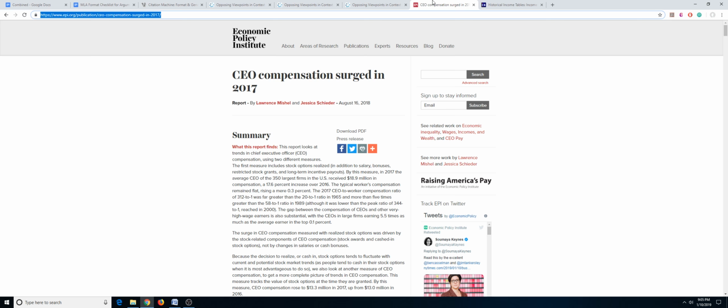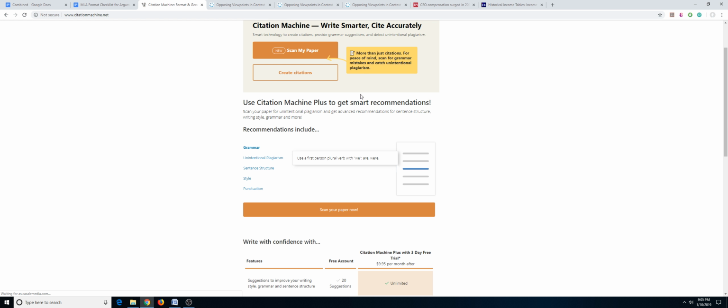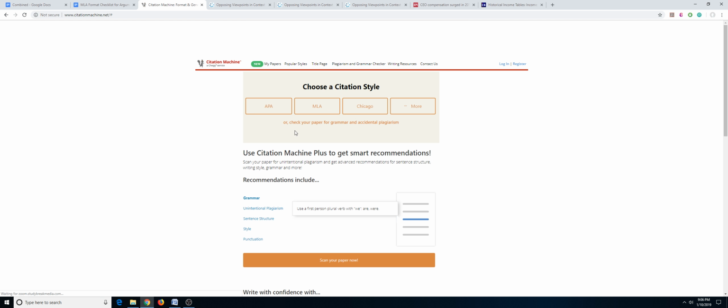And then I'm going to show you how to find citations for other websites. Now sometimes life is simple, like this one, United States Census Bureau. All you have to do is click here at the top in the address bar until the entire web address is selected in blue, copy, and hop over to something like citationmachine.net. You can click a Create Citations button, click on MLA,